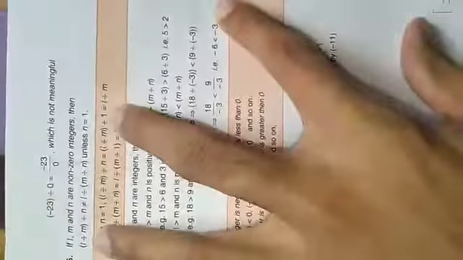You need to know also that for every integer m, division by 0 is not meaningful, that means not defined. Any integer divided by 0 is not defined, always remember it. Okay. And another important property is that if L, M and N are non-zero integers, then (L divided by M) divided by N